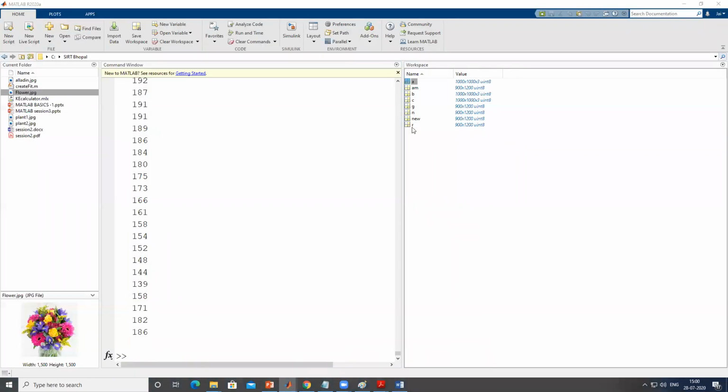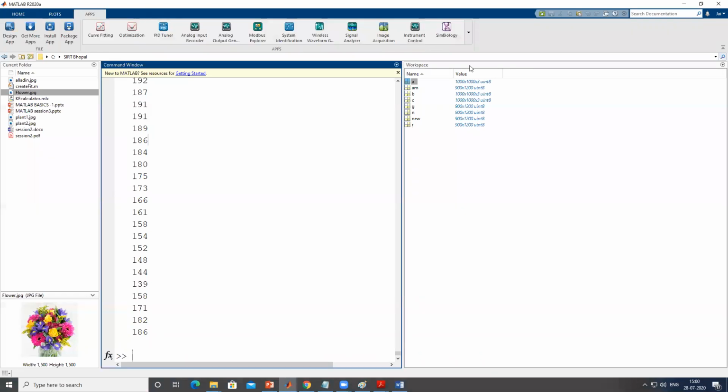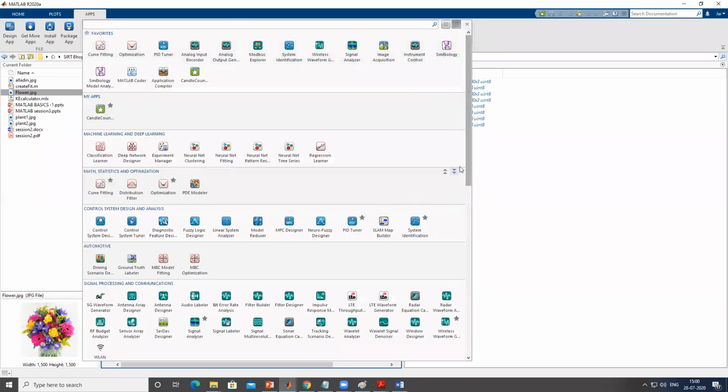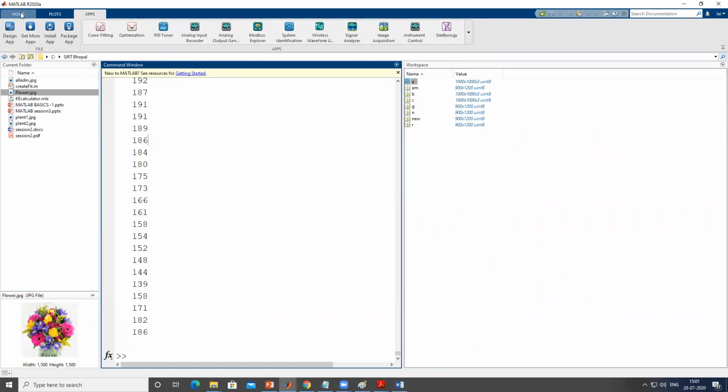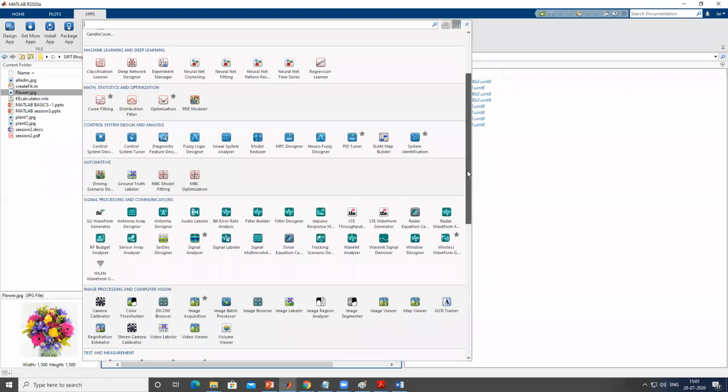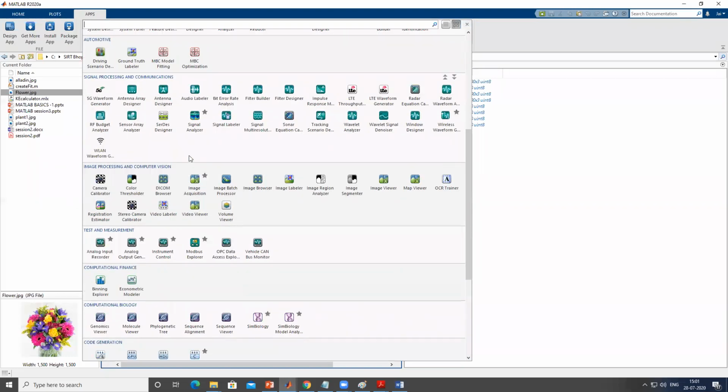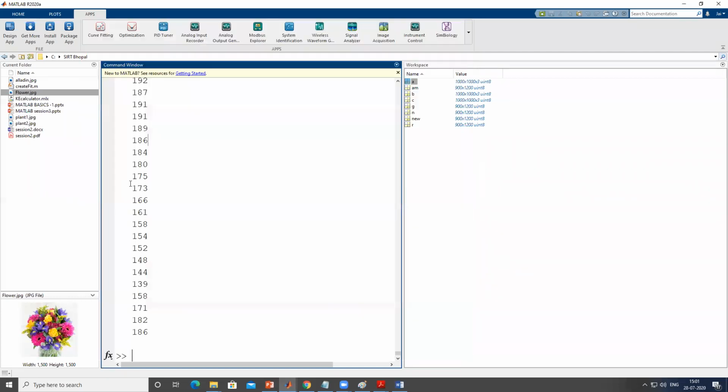For that, we have to use a MATLAB toolbox called image threshold, which you will find in the image processing and computer vision toolbox. For that, you have to go into the app category, expand the app section, and in image processing and computer vision, you can select the color thresholder app.